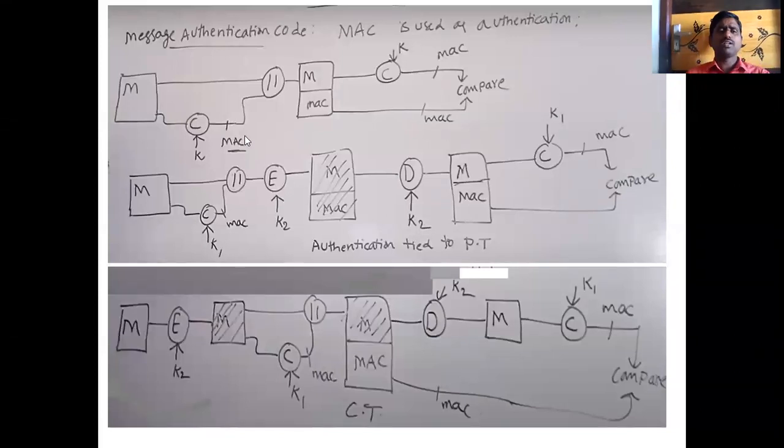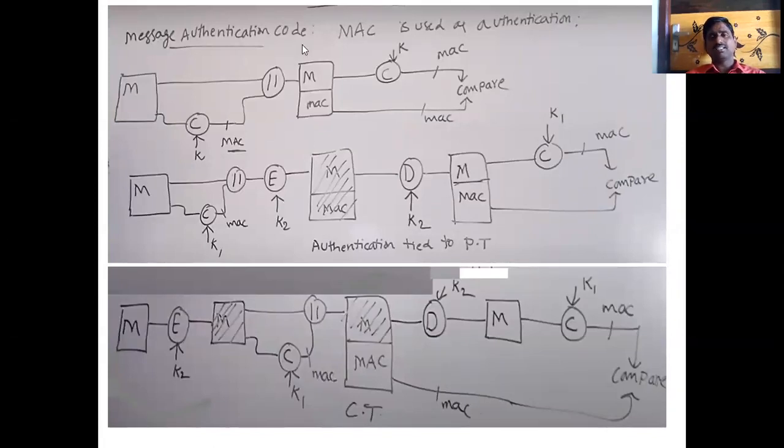And this MAC code and the plain text are attached here. So both are joined, M and MAC. This is M, and after the function it will give an output. That output is called the MAC code, message authentication code. So on this M you have performed the function with a key K, and you got the MAC code.